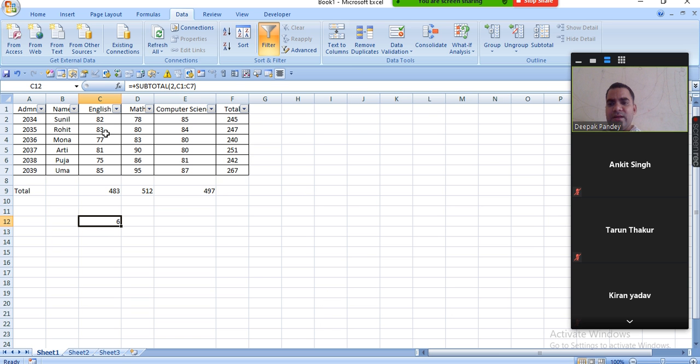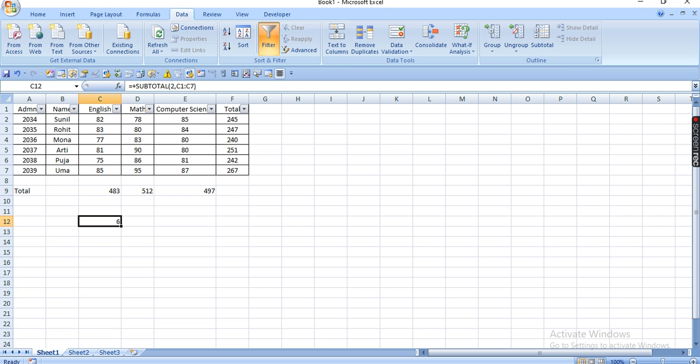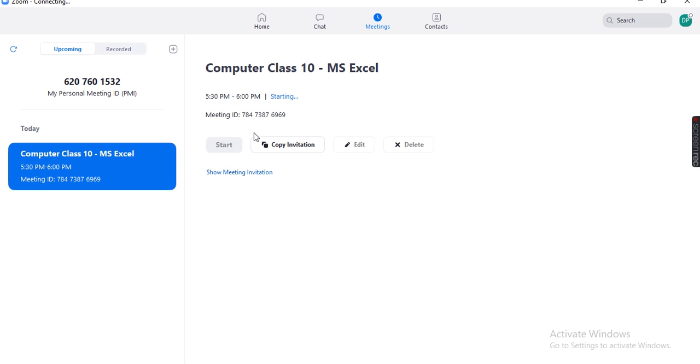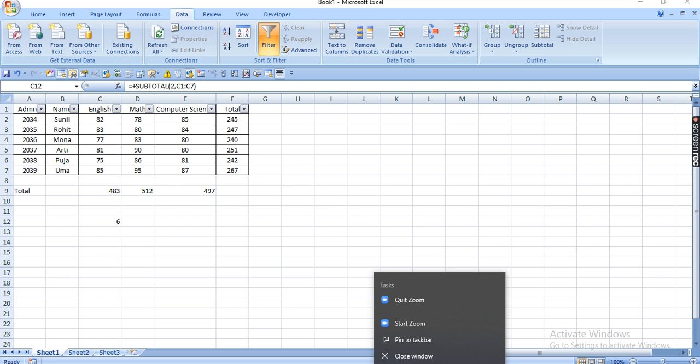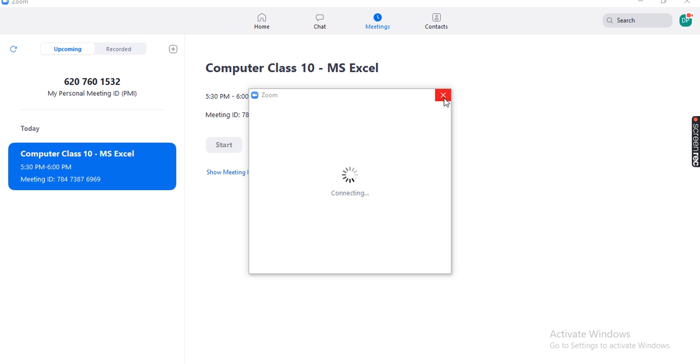Okay, again, if I want to count all the cells, including text, numeric, okay, right? So it is disconnecting again and again. I don't know what is the problem. Just wait for a minute. It is starting up again.